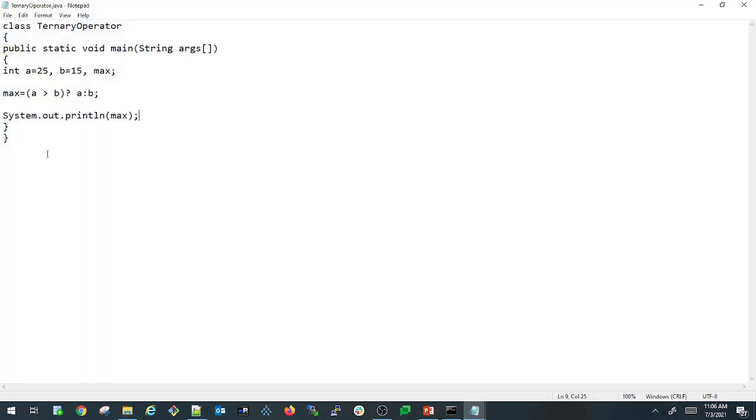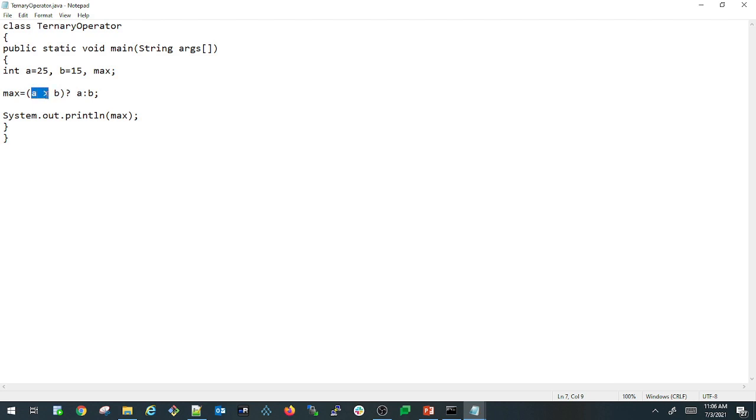In this statement, it is taking three operands. This is the first expression, this is the second expression, and that is the third expression. Since it takes three operands, we call it a ternary operator. It verifies the condition whether the value of a is greater than b or not.